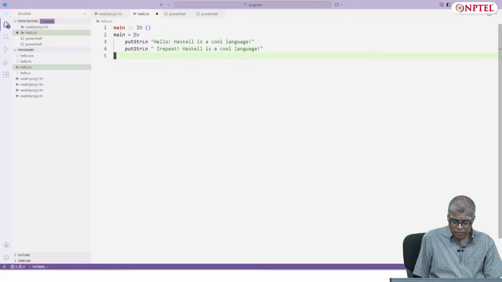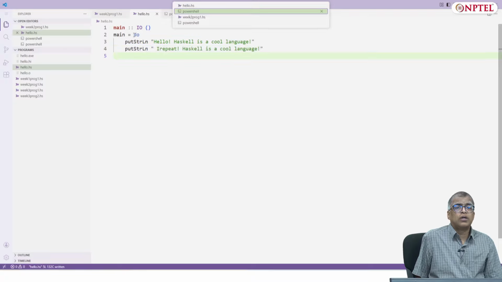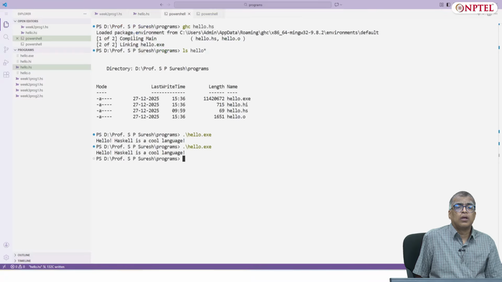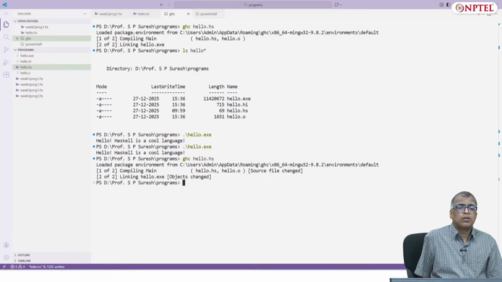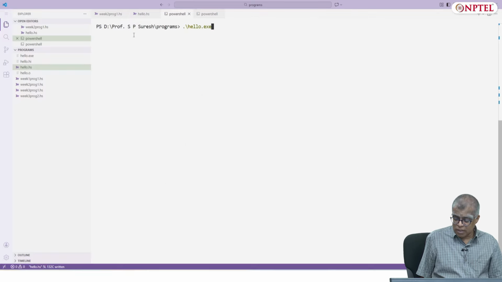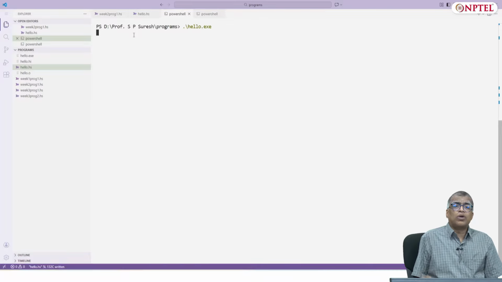Okay, you can do this, save this file, and you can go to the terminal, and you can once again compile this, and you can once again run it. Now it will print 2 lines.